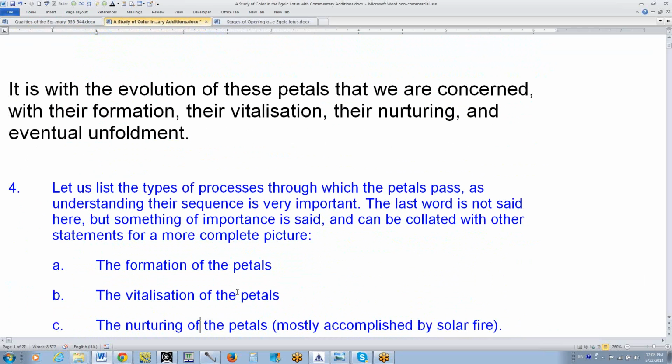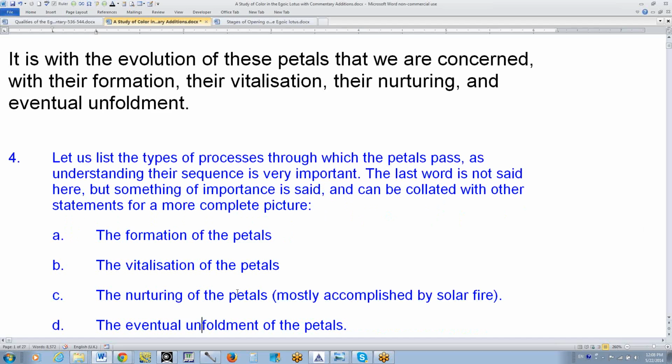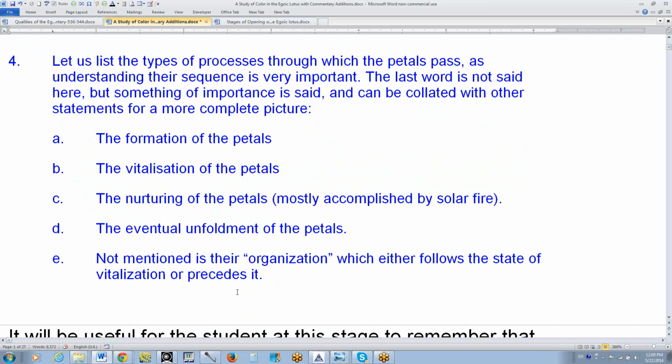Let us list some of the processes through which the petals pass, not as understanding. Their sequence is very important, and the last word is not said here, but something of importance is said and can be collated with other statements. So: formation,